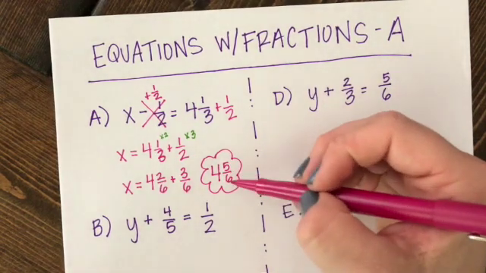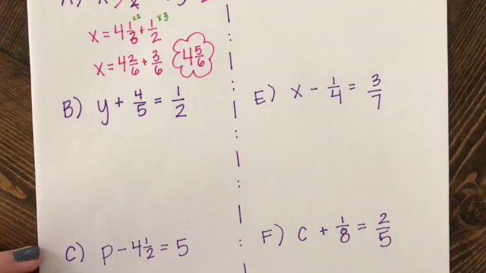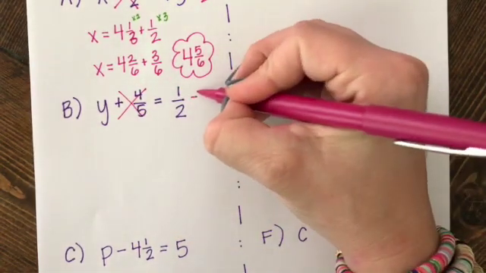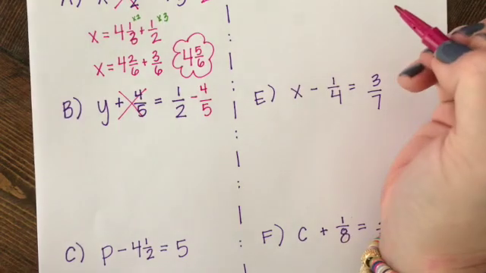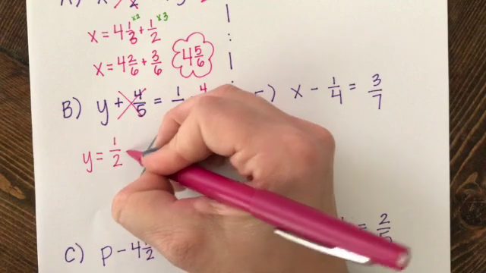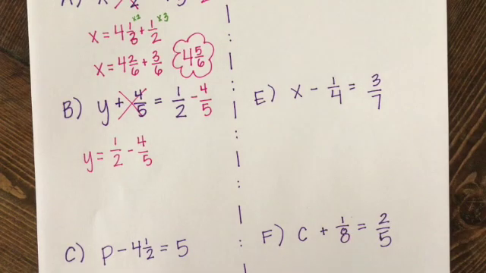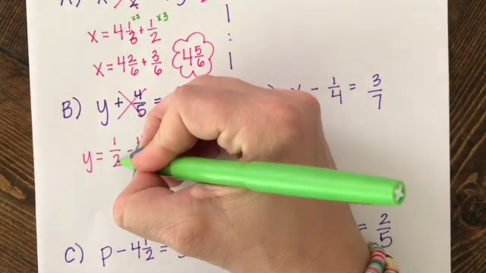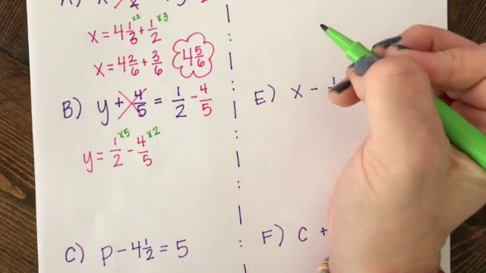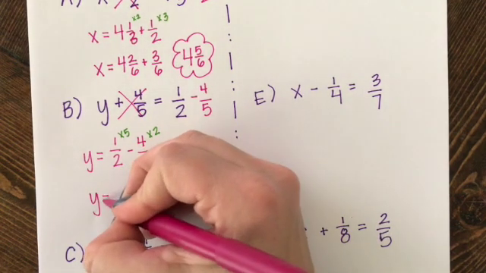And this I think is as hard as it's gonna get as far as the fraction part goes today. So let's look at letter B. So hopefully, again, we're like, oh, this is adding 4/5. The opposite would be to subtract 4/5. So now I'm left with y equals 1/2 minus 4/5. So what would be a common denominator between 2 and 5? 10, right? So to make this into a 10, I'm gonna multiply by 5. To make this 5 into a 10, I'm gonna multiply it by 2. And I'm multiplying the numerator and the denominator of the fraction. So I get y equals